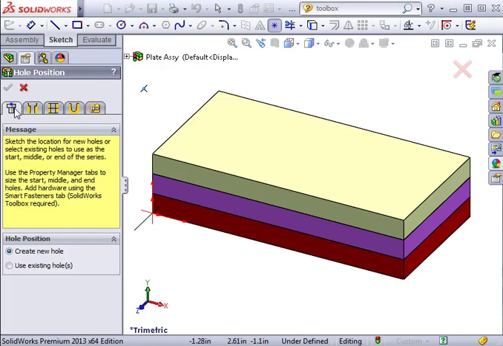The first tab is to specify the hole's position, followed by the hole's first part, middle parts, and last part. This 5th tab is an extra tab used for smart fasteners, so keep in mind that it's only available if the SOLIDWORKS Toolbox is active. I'll be defining the hole